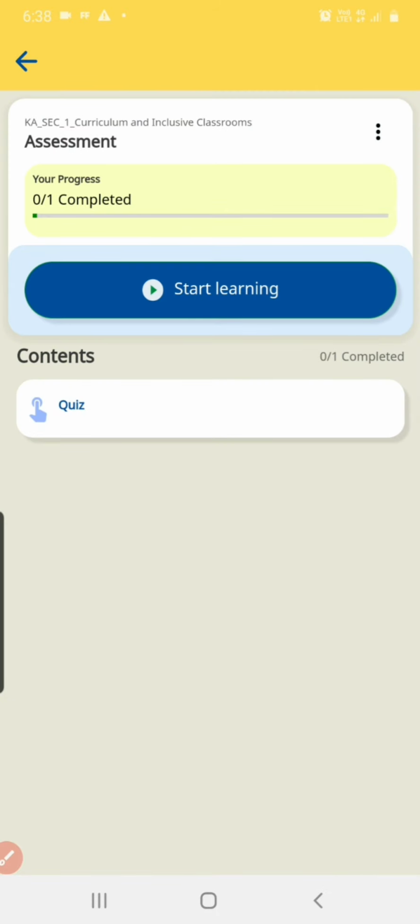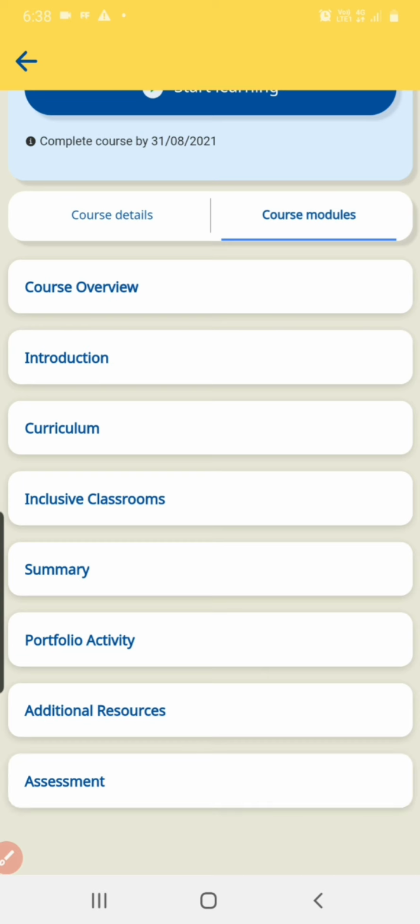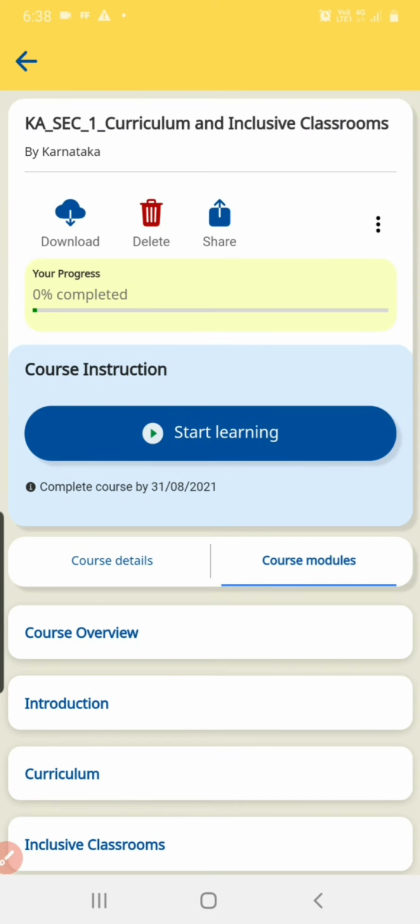When you start the learning process, automatically it converts to landscape mode, and where you can go through the information given, and then here the information is given how to get the certificate. Finally, you can see that you just completed. Then you can proceed to the next module.